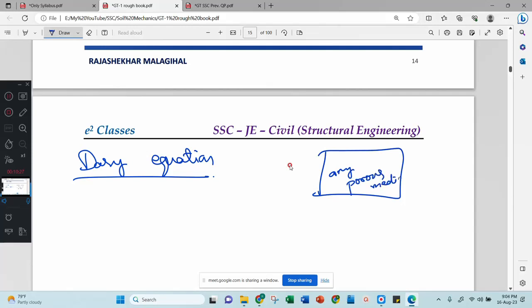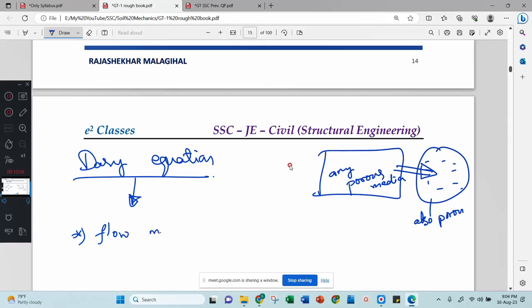Darcy equation is generalized for any porous media. Fortunately, soil is also a porous media. That's why Darcy's law applies to the soil. Then there might be some limitations for Darcy's law because we are introducing it to soil mechanics. Therefore, those limitations are